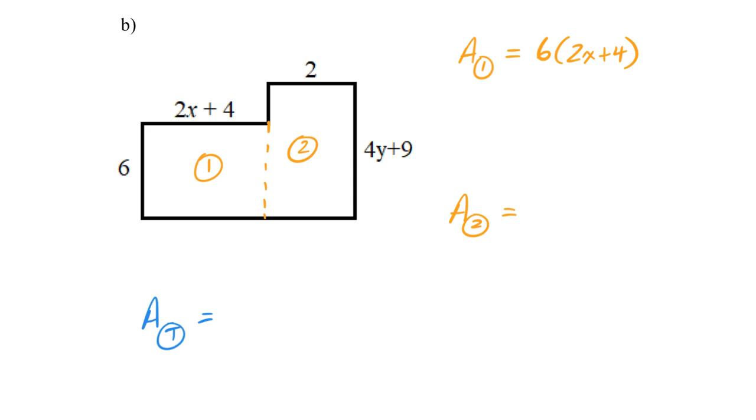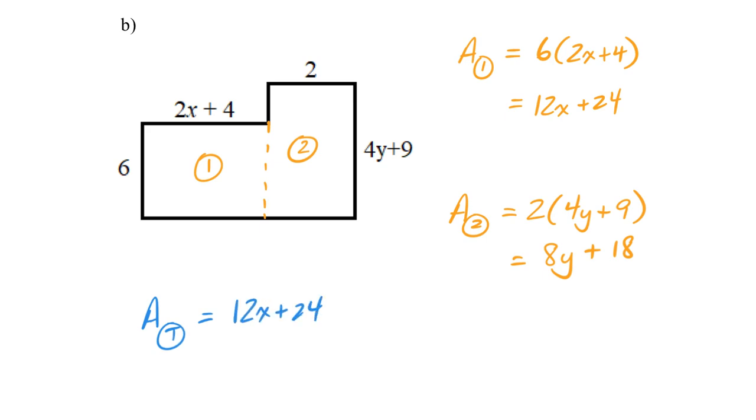We could then go ahead and simplify that by expanding in the 6 and expanding in the 6. We could do the same thing on box 2: one dimension times the other dimension, and expand in the 2, expand in the 2. Then, in the end, we could say, well, it's 12x plus 24 plus 8y plus 18. And finally, in the blue line,